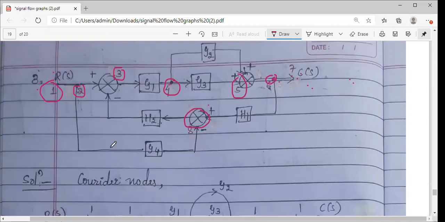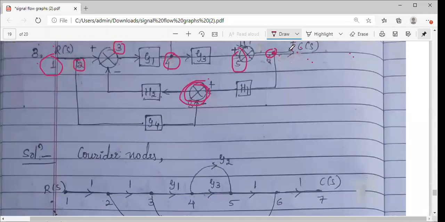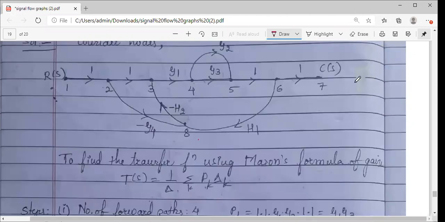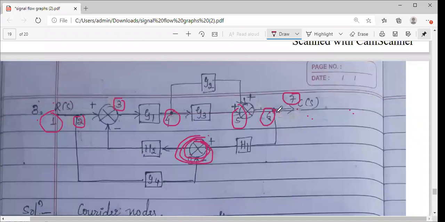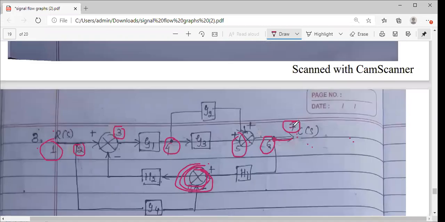So when you draw the signal flow graph, you can see the last takeoff point's node number is 6. After 6, the next number is 7; you put it as it is, and to this you make an end. Why? Let me tell you, if I take it here, what will happen? Between 6 to 7 we have a line. Do we have any connection between 7 and 8? In the diagram it is not there.